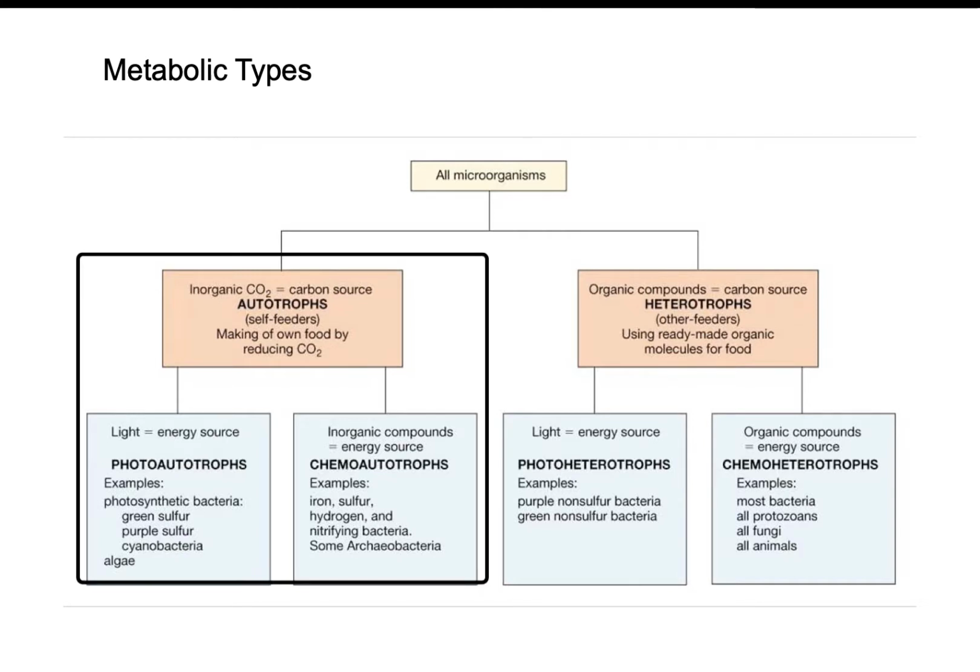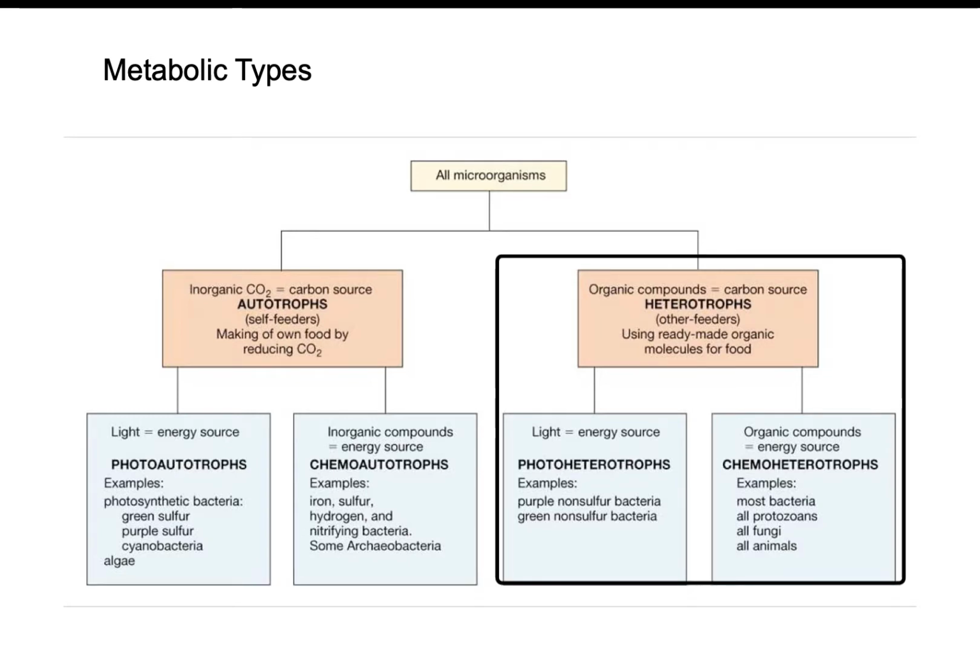Those are autotrophs that can use inorganic CO2 as a carbon source, fix that into other compounds to make their organic compounds needed in their cells. The other types are heterotrophs, such as us, where we cannot fix our own CO2. We have to get carbon compounds already produced and then manipulate those in our various